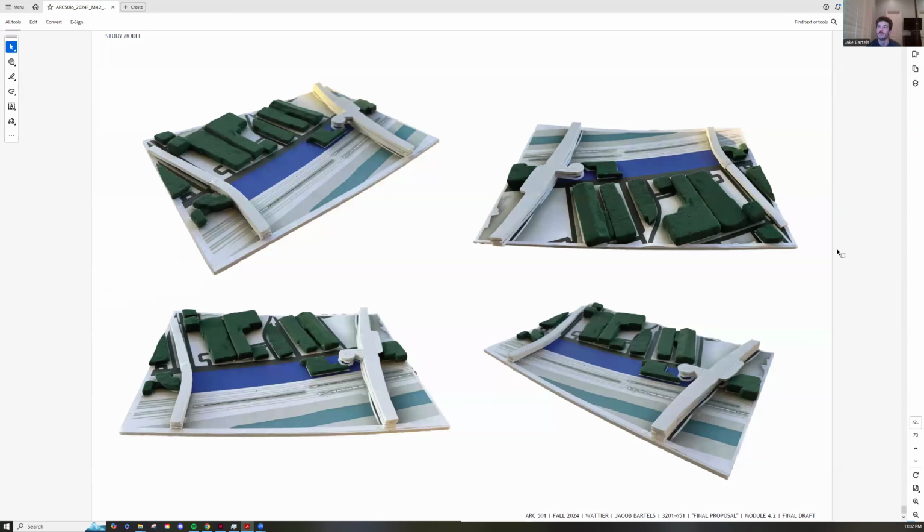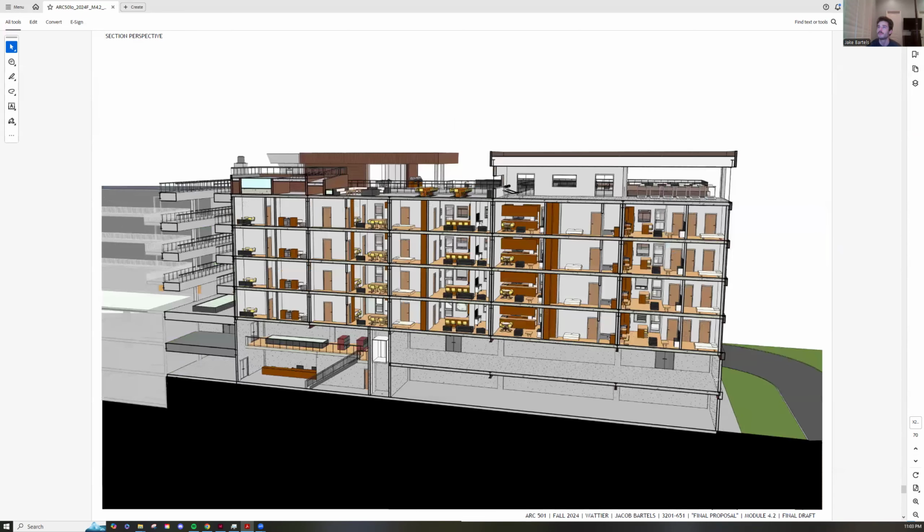And then, yeah, here's my context physical model, and I hope you enjoyed. That's going to be it. I don't know how long this is, but